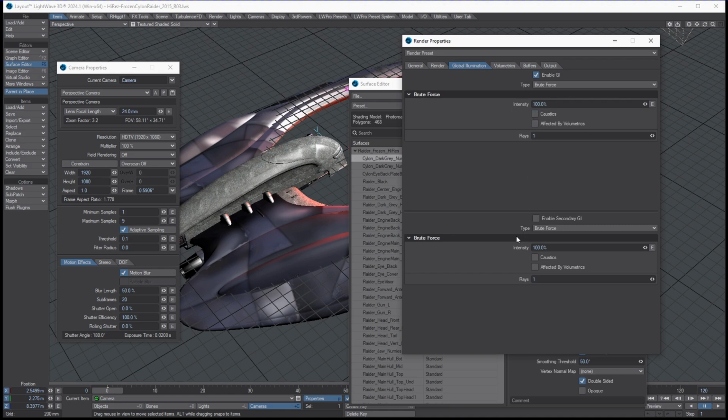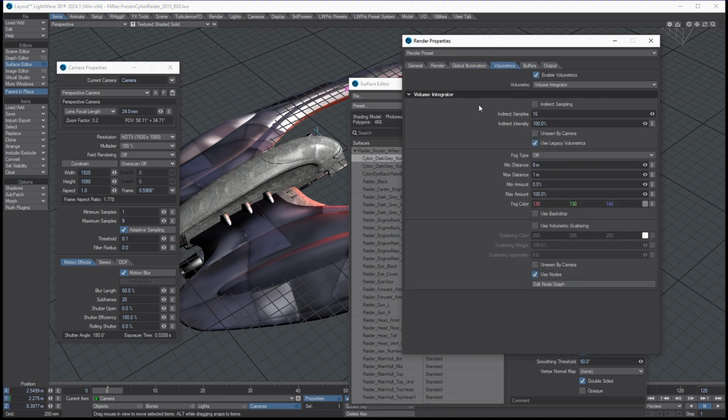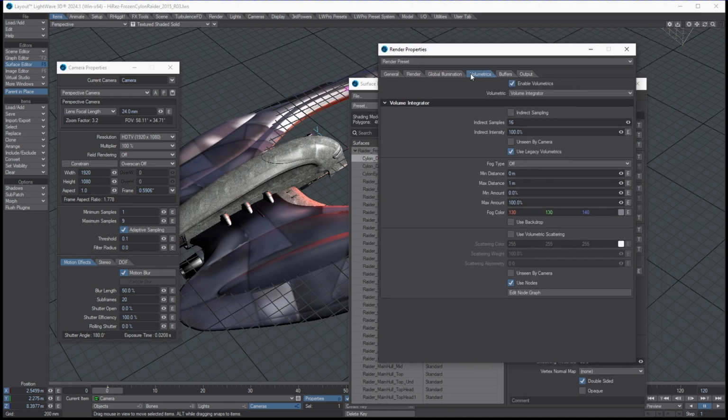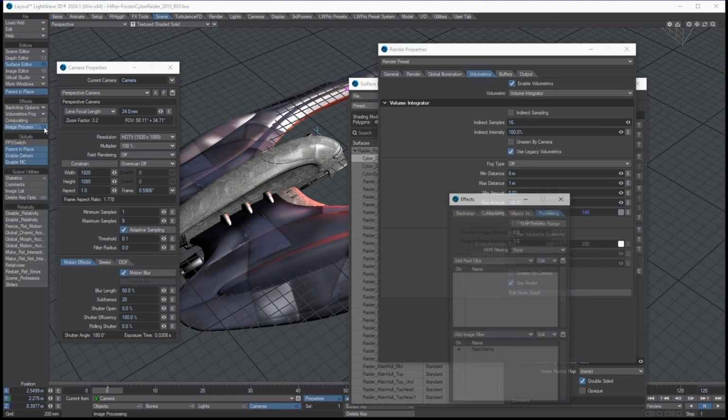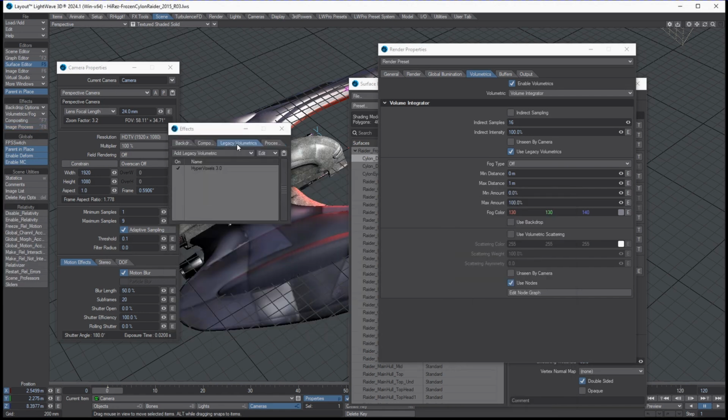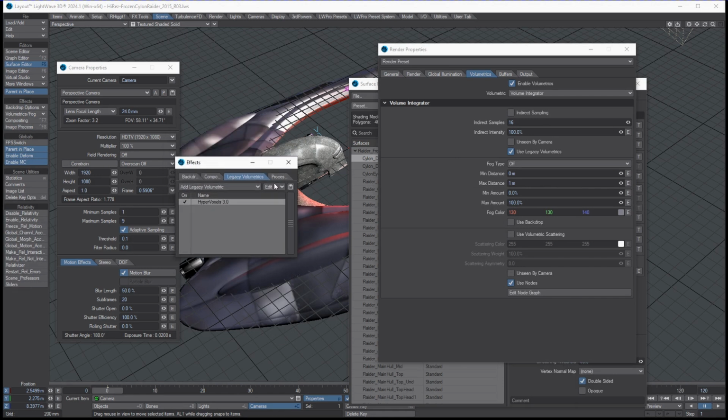All right, now let's talk about the volumetrics tab. This is where you're also going to see that things have changed significantly because we didn't really have a volumetrics tab before. We've got something that's quite different. In order to see volumetrics in LightWave using the old system, and it has detected this automatically, we've got use legacy volumetrics. The reason why that popped up is because under scene, under image processing, we've got hypervoxels activated. So it recognized that if you're going to use hypervoxels in here,